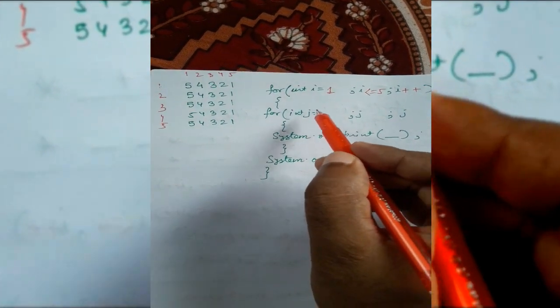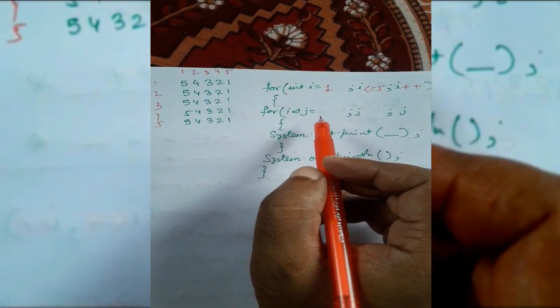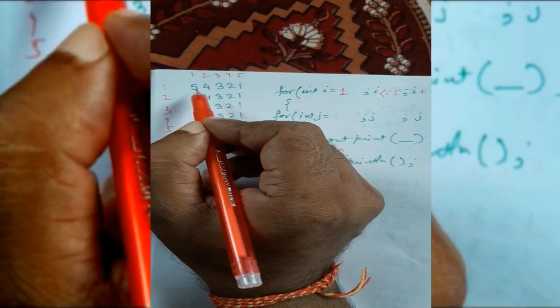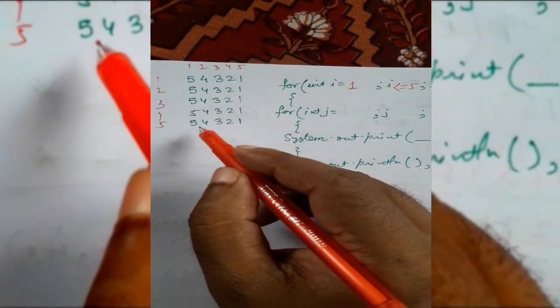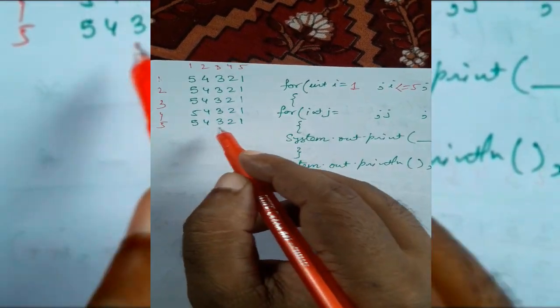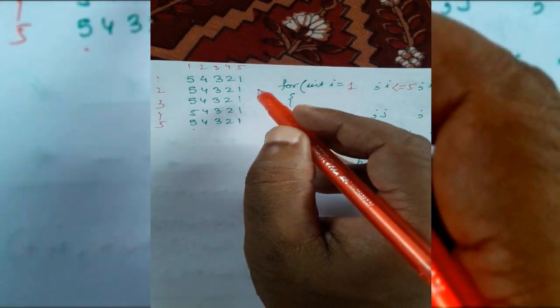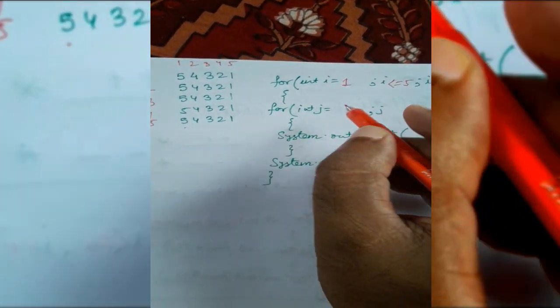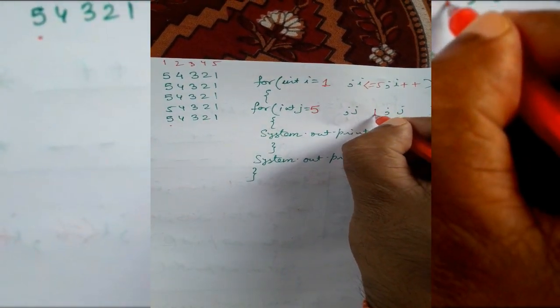So for 5 rows, I equals to 1, I less than equal to 5, I plus plus. Now the main thing is J. What will J print? Now you see, for this one, every time it is starting from 5 and every time it is finishing at 1. So what that means is the starting and finishing are both constant. Starting is constant, that is 5, every time starting from 5 and ending at 1. So finishing is also constant. So if it is constant, we will write here the constant values 5 and 1.